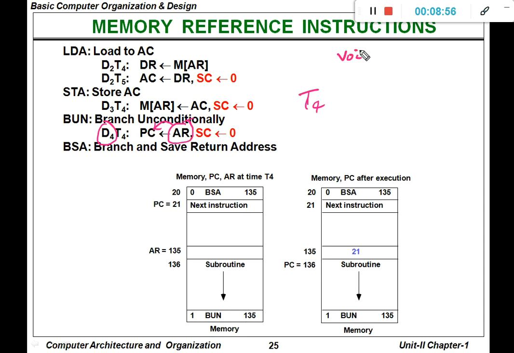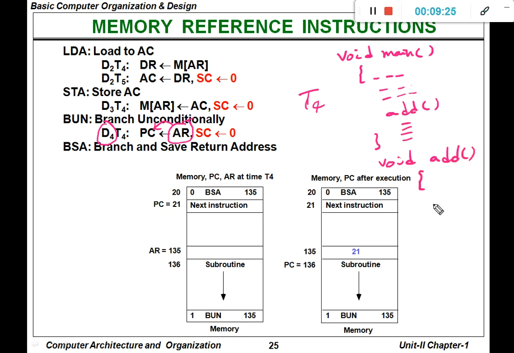For example, if you consider a C program, we have a void main function and some set of statements, and we may define a particular function add, and then some set of statements. So after the main program, I am going to write the code for the add function. So this may contain some set of statements.